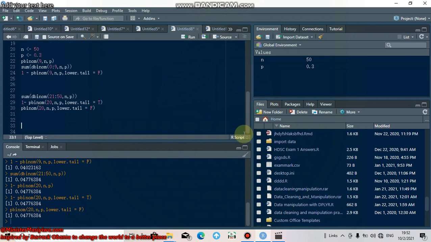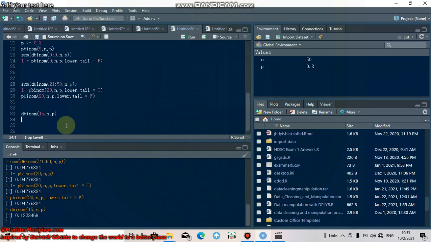So you can simply say dbinom 15, n, p, like this. This will be your probability. Or we can use the choose function. The choose function comes from the probability distribution formula, which says that when you're looking for the probability of X equal to x, it's n choose r times the probability of failure to the power n